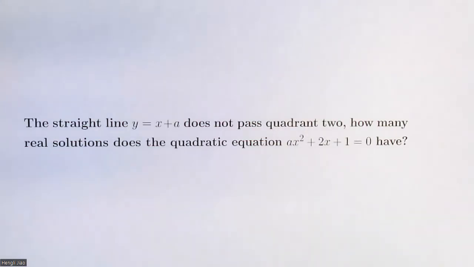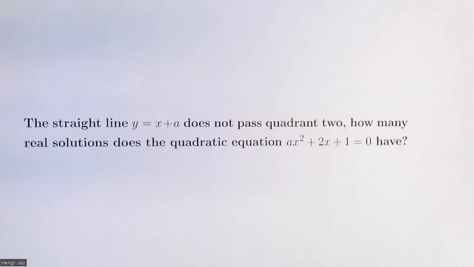Let's take a look at this problem. The straight line y equals x plus a does not pass through quadrant 2. We want to know how many real solutions the quadratic equation ax squared plus 2x plus 1 equals 0 has. And first, we want to know how we can determine if a quadratic equation has 2 real solutions,